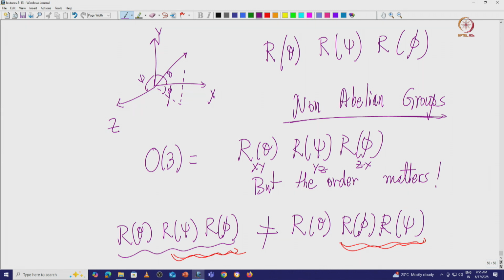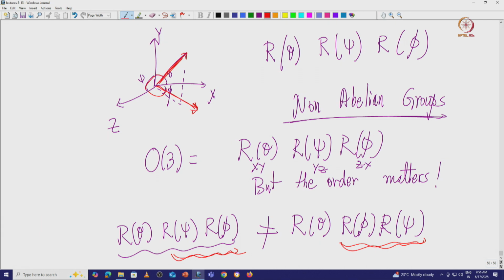Now this can be understood clearly, why it happens. Essentially, take the vector r. Horrible, this is not neatly written. Now let me rotate. If these were equal, the vector should come back to the same point after rotations of theta, psi and phi. So suppose I rotate it by theta, then by psi, and then by phi, it will come to some other point, say, at this point.